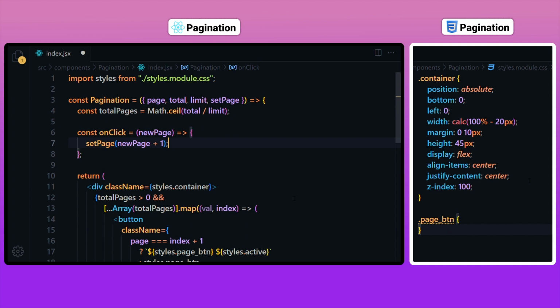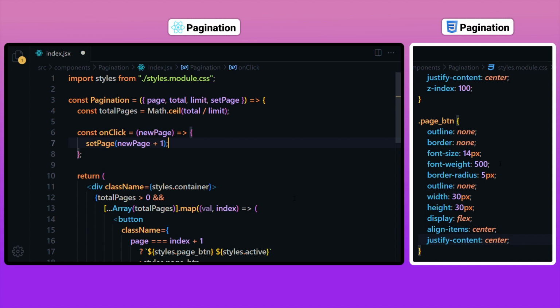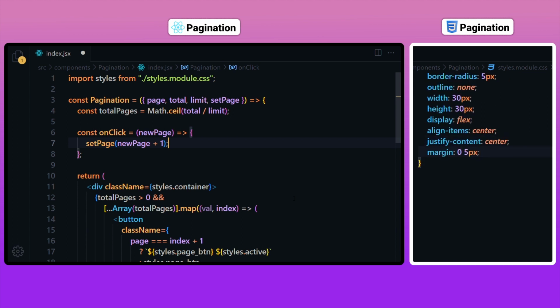In CSS, for pagebtn, let's set outline to be none, border will be none, font size will be 14 pixels, font weight will be 500, border radius 5 pixels, outline will be none, width will be 30 pixels, height will be 30 pixels, display will be flex, align item center, justify content will be center, margin 0 on top and bottom, 5 pixels on left and right, box shadow will be variable box shadow, cursor will be pointer, background color will be white.